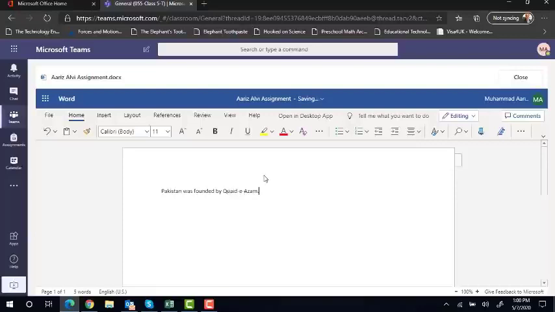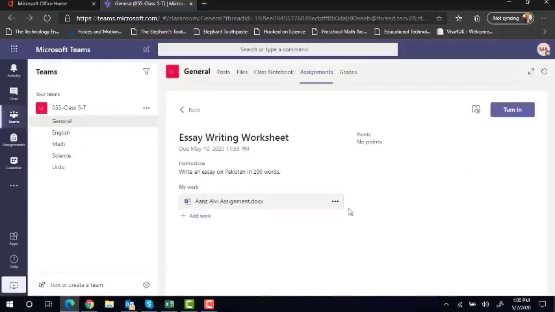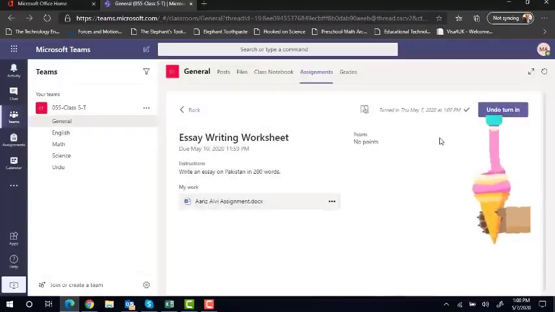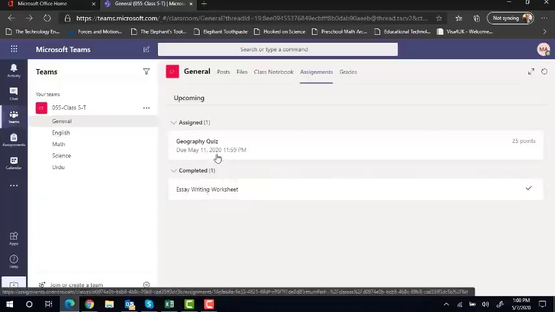And simply, for example, if I have completed this, I can simply close this, and here there is a button, because when I close it automatically gets saved. So when I click on turn in, it will automatically be turned in to the teacher. And if I go back to the assignment, I can go to assignments from here. So it's not appearing here because it has now been completed by me, so it has been sent to the teacher. Now there is another assignment which I have to attempt, but it has points.